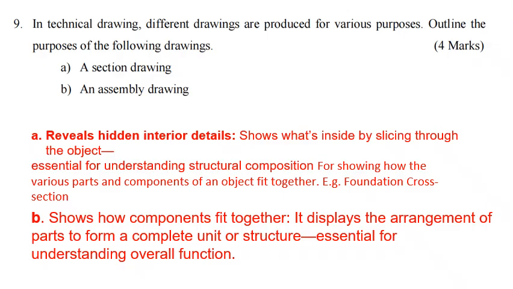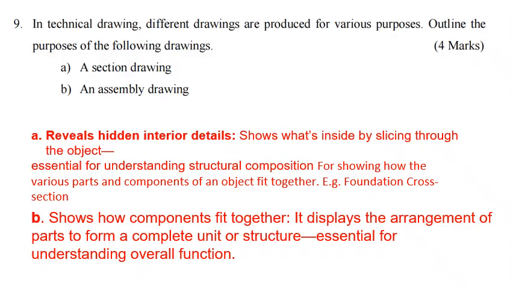This is very common in cross-section for foundation, cross-section for building, to show us how deep the foundation is and what the foundation is composed of, because the foundation is normally hidden inside the ground, and therefore the cross-sectional drawing would be the best to expose what is inside